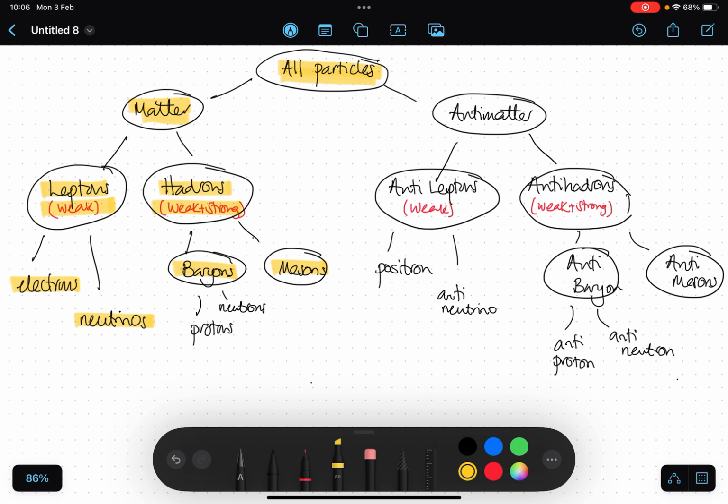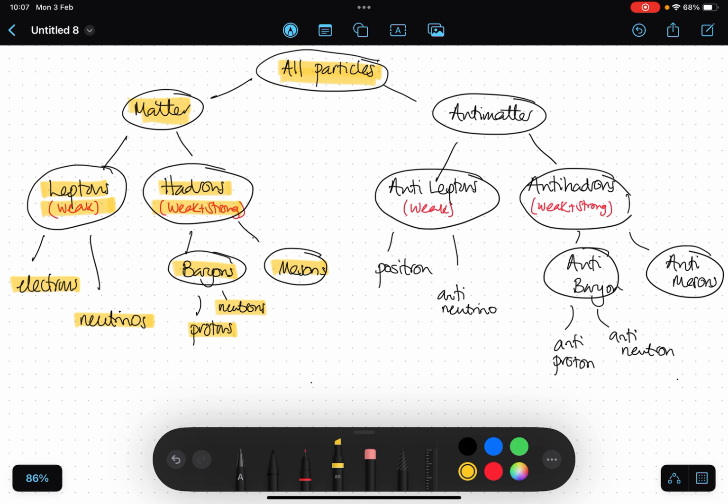Now, you don't need to know any examples of mesons, but I put it in there because examiners do ask you questions that involve mesons. So they have two quarks. Baryons have three quarks, and the examples that you need to be aware of are the proton and the neutron. Okay, so matter can either be broken down into leptons, they're fundamental, and the electron and the neutrino are examples of leptons, or hadrons. Hadrons can exist as either two or three quark particles, and the neutron and the proton